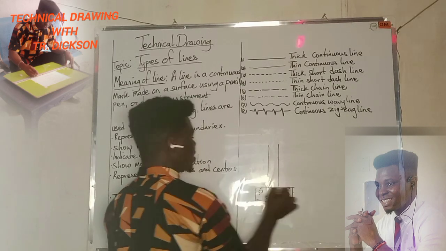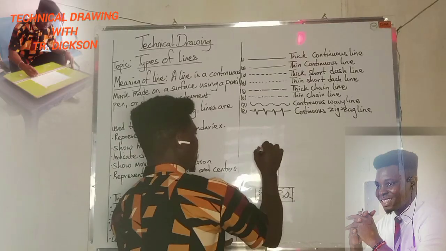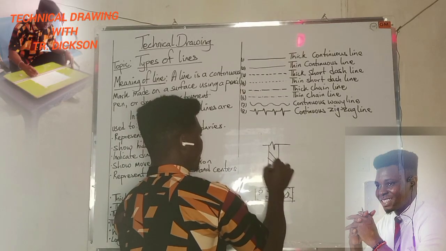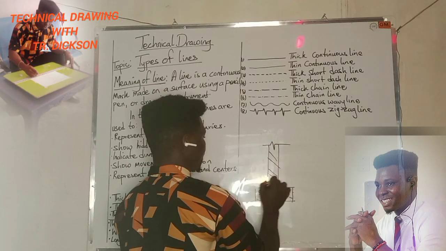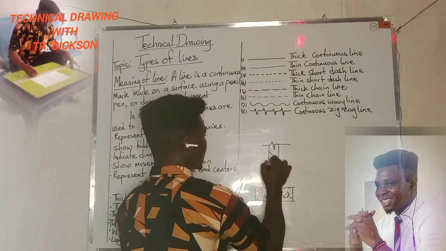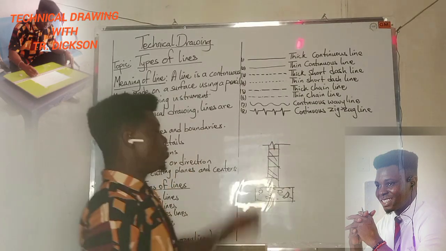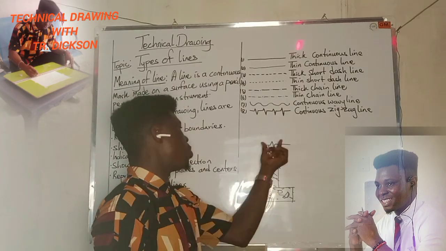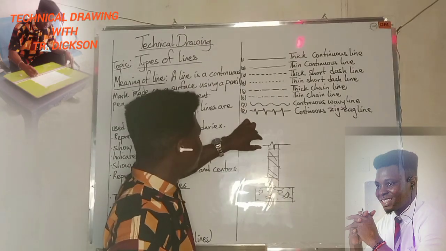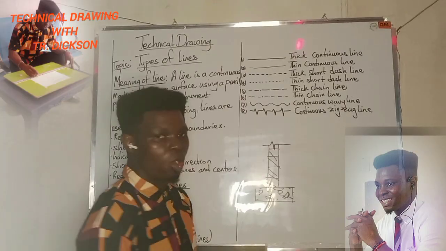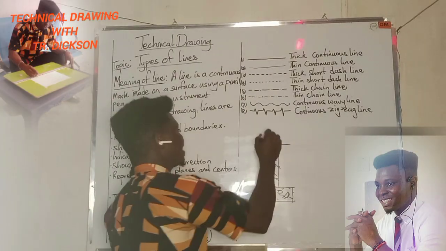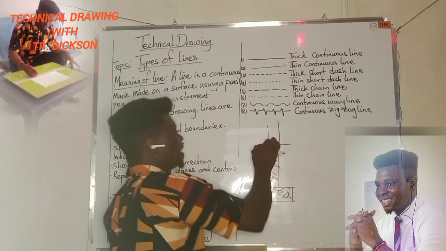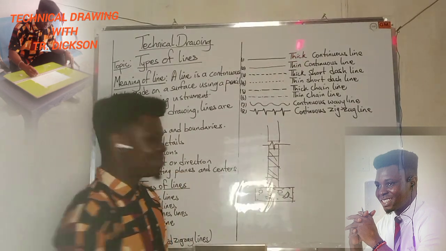I'm going to make this illustration too. So what I've drawn there is a wall unit showing the foundation and the wall. Now, you have seen this type of line on top of the wall there. That shows that this wall is supposed to be continued, but it is cut at this point. So it shows that